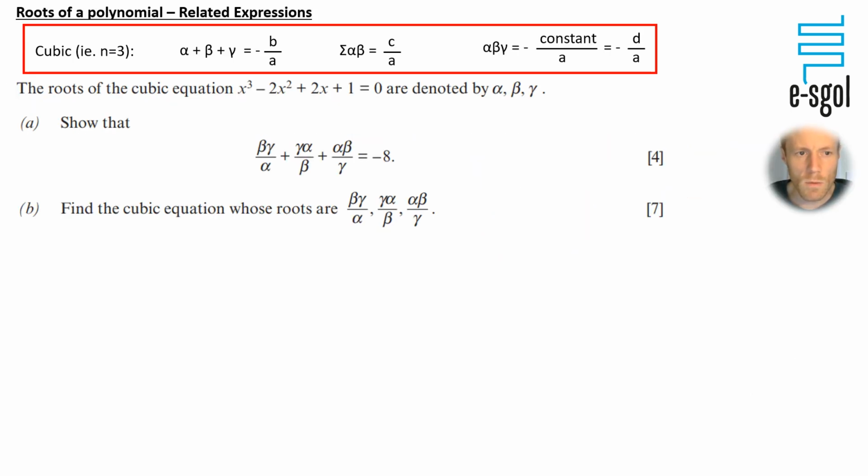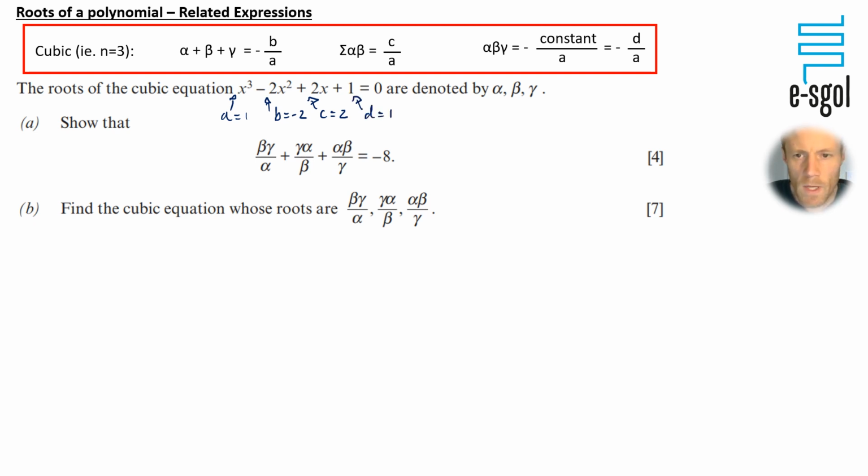Okay, so we have another question involving a cubic, and this time they're taking the roots and they're doing something a little bit weird with it, and we're kind of relying on our algebra skills to work out what's going on here. I'll start the question again by making a note of what each of these things are. So a is 1, b is negative 2, c is 2,